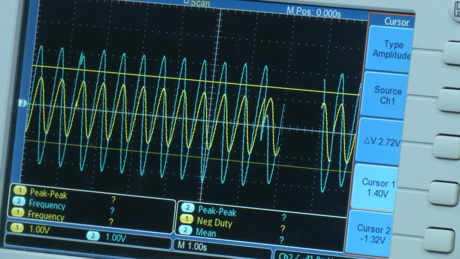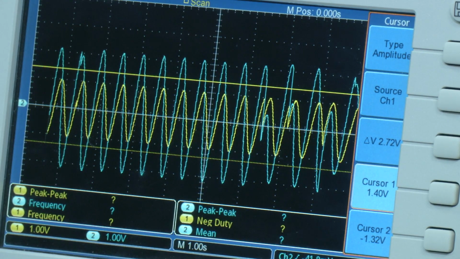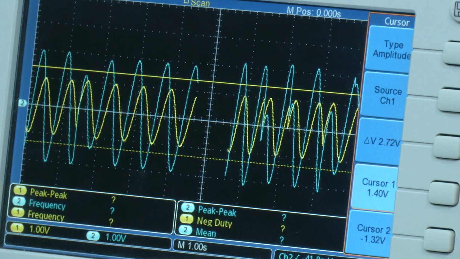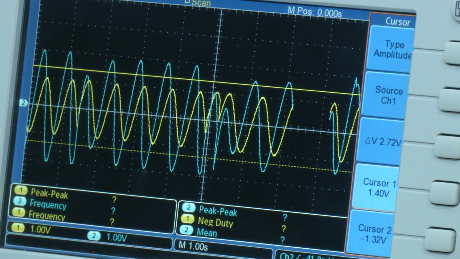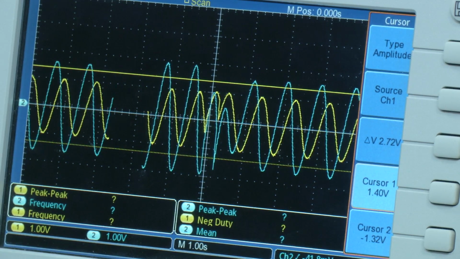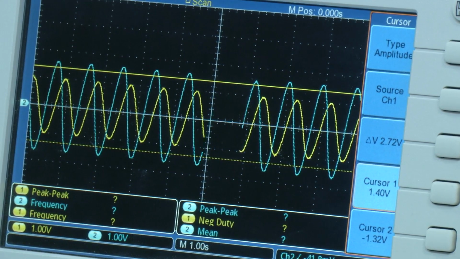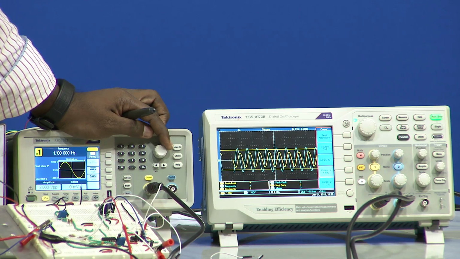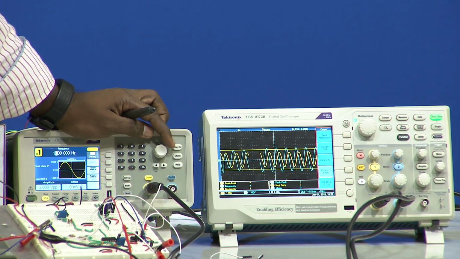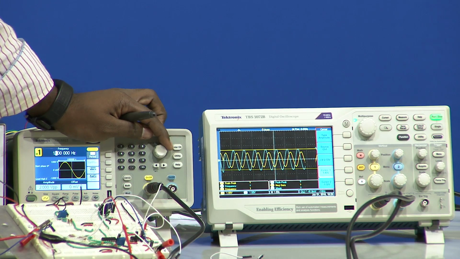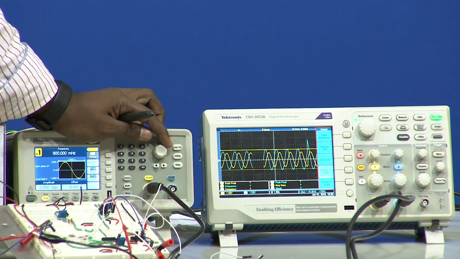So I will slowly decrease the value. Now we will observe at what frequency. Right now it is 1.3, and now I am setting 1.1. Even at 1.1 hertz the output value is higher than the cutoff value, the cursor point at 1.4. Slowly I will decrease to 1 hertz. Now suddenly it has moved to the 1.4 volts 3 dB line. Now I will slowly decrease, and we can see the output is below that cutoff.